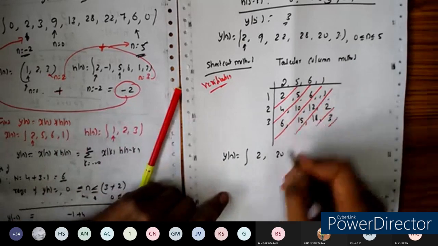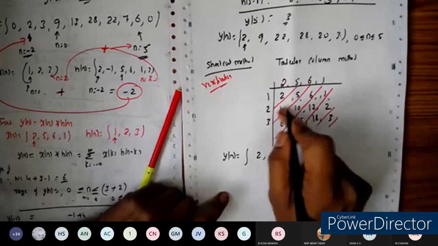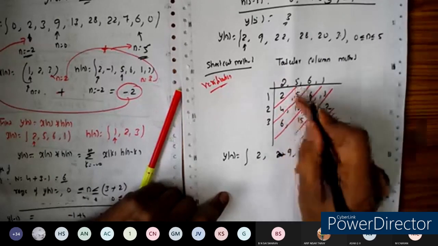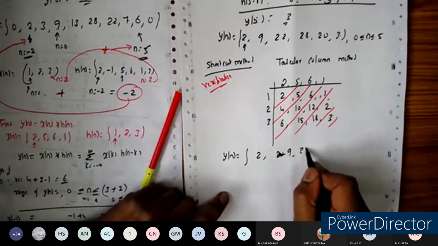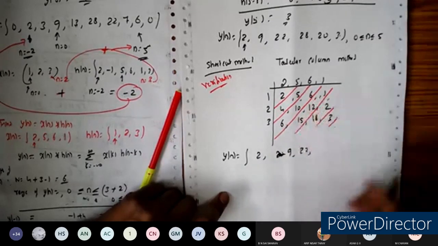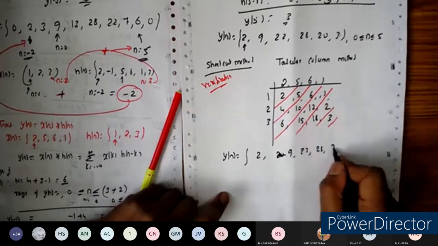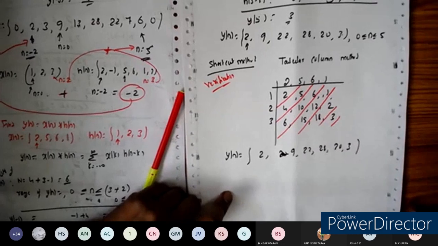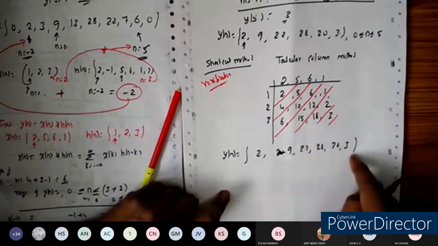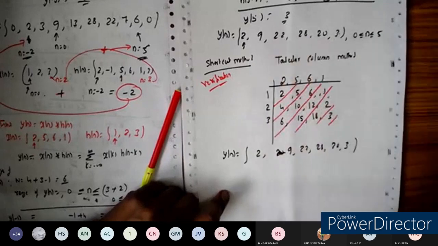Sorry, you need to add the signals here, not product here. You need to add all the things, the products you have already taken here. So add all the data. So 4 plus 5 is 9. Next 10 plus 6 is 16. 16 plus 6 is 22. Add all the elements here. So 15 plus 12 is 27. 28 will get here. Next 20. Next 3 will get here. Done. So you got the same answer we got already here.